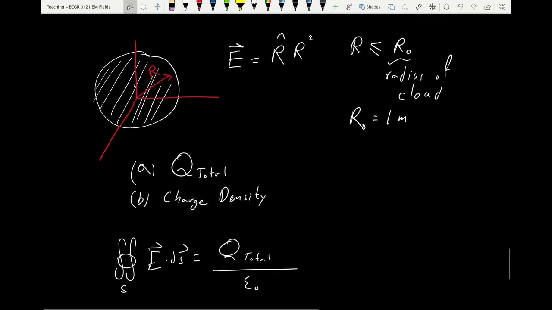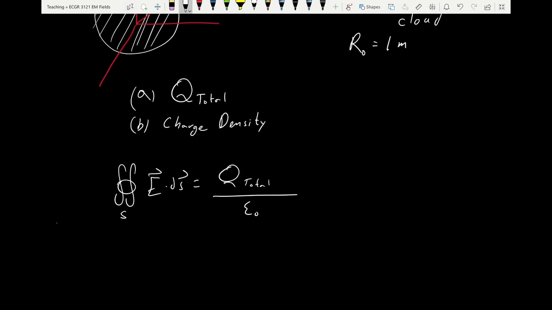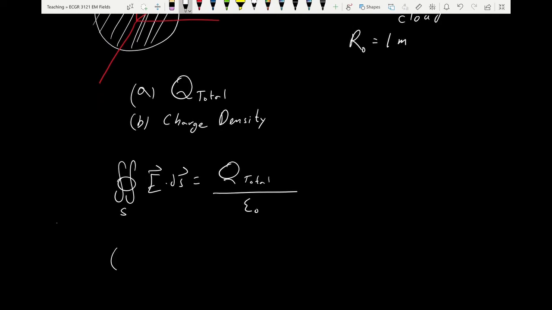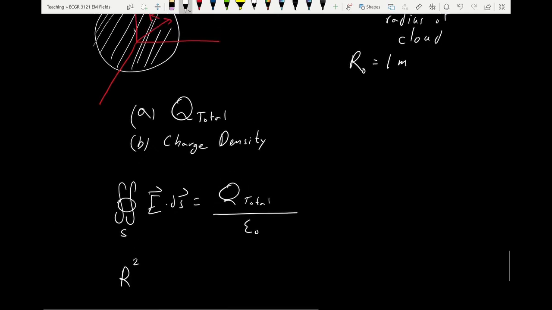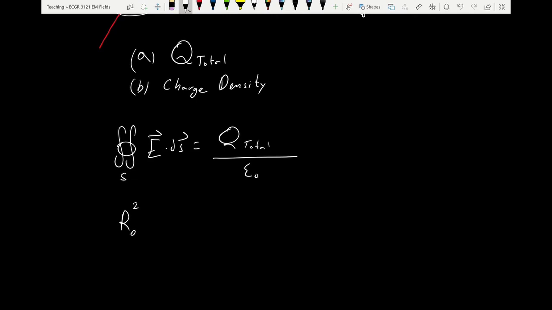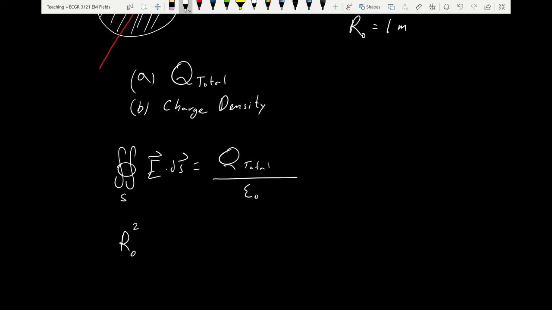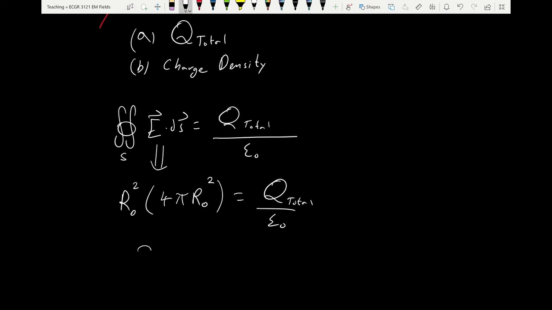So in that case, E at the boundary is going to have a magnitude of r naught squared. So that's the magnitude of E. And the surface we're integrating over is a sphere, which has a surface area of 4 pi r naught squared. That equals Q over epsilon naught. So that tells me that Q total